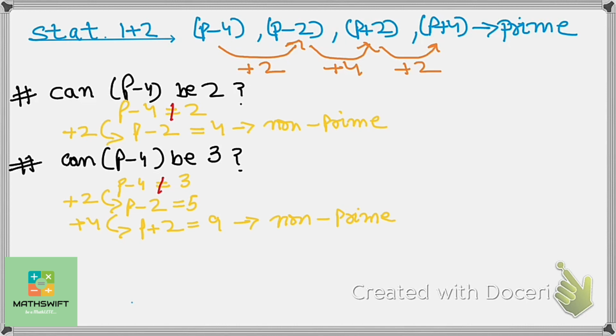So can we say that since p minus 4 is a prime number and it can neither be 2 nor be 3, it should be a prime number that can be expressed as 6n plus minus 1. Now we again take cases here. Now case 1, where we assume p minus 4 to be a prime number that can be written as 6n plus 1,